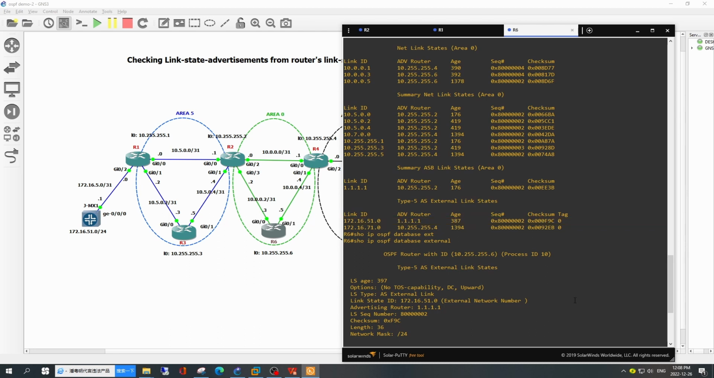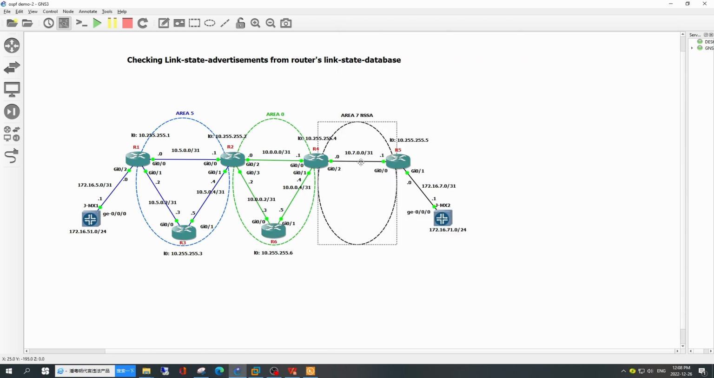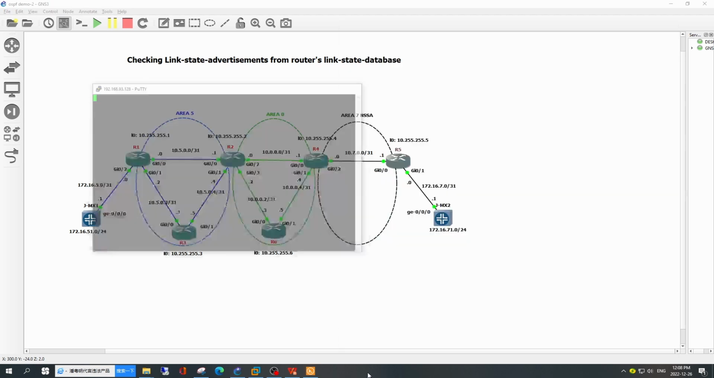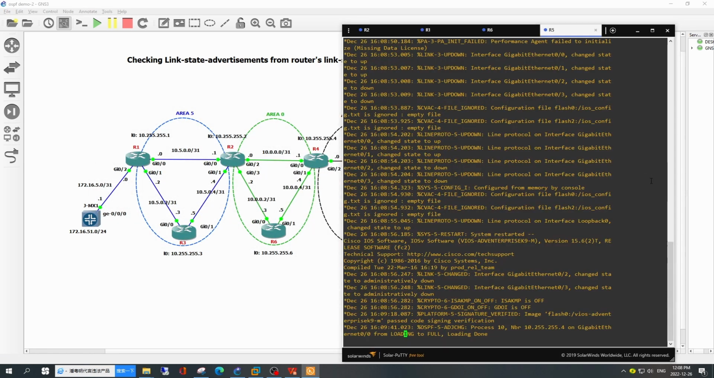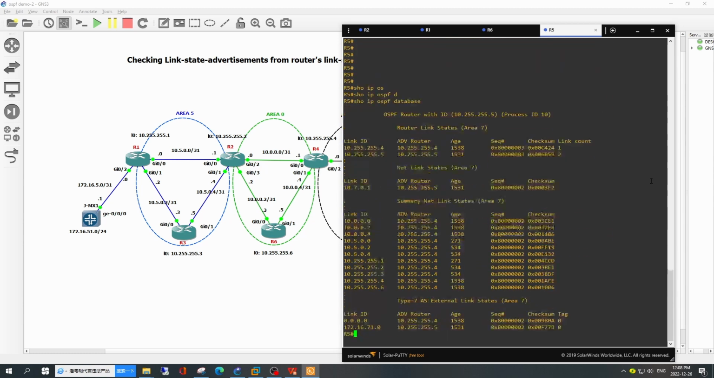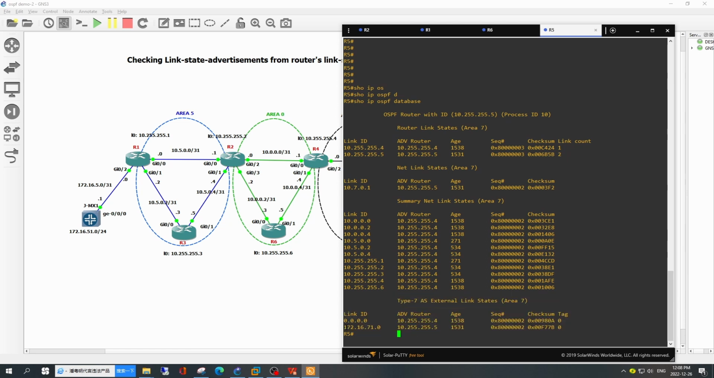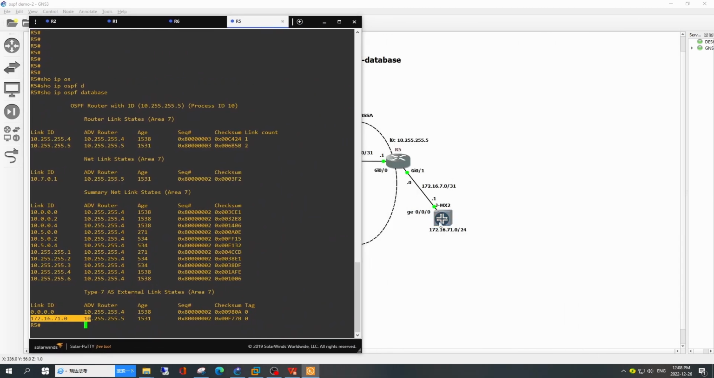Okay, so last one, we just quickly show you what a type 7 is. For type 7 we need to go to either R4 or R5. Let's go to R5 and take a look. So IP OSPF database. Type 7, here you see there's type 7. One is the default, so I generate a default for that. Another is here, another external route,